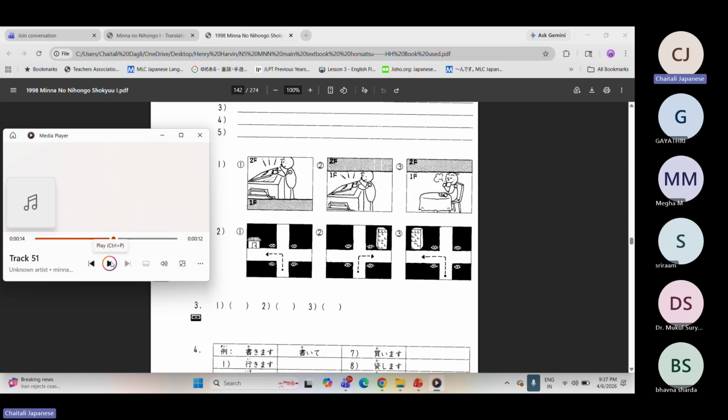Okay. Second. 新大阪までお願いします。 はい、 あの信号を右へ曲がってください。 はい、 あの白いビルの前で止めてください。